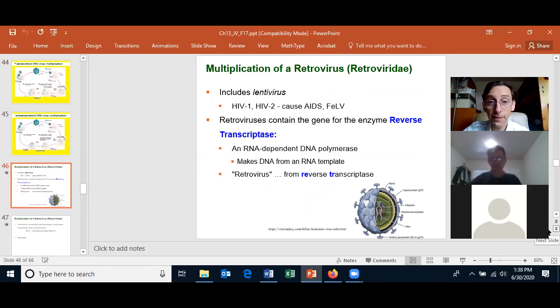Now, retroviruses are different. This is an RNA virus, but it has the enzyme reverse transcriptase. That enzyme reverse transcriptase takes the genome of the virus, which is positive strand, single-stranded RNA, and makes DNA, eventually making double-stranded DNA from that single-stranded positive strand RNA genome. That DNA then moves into the nucleus,